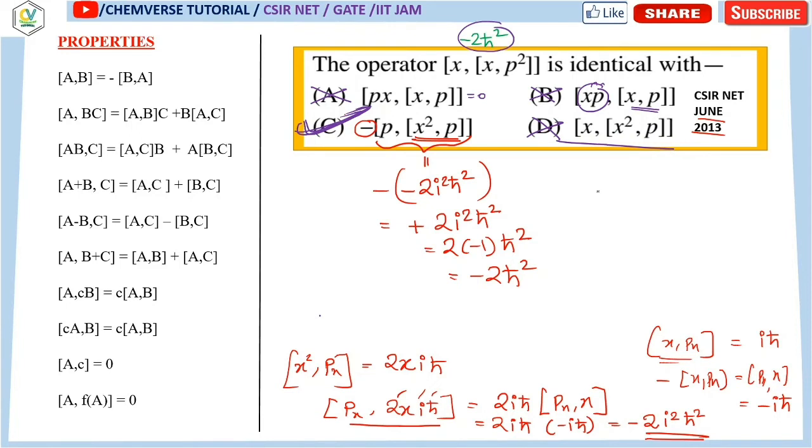Now why did I do these lengthy calculations? Because this will be much helpful for your understanding. This question is a lengthy question, but if you follow step by step, then it will be much easier for you. The determination of the commutation is very easy. Just focus on these simple steps and just apply them to your question.